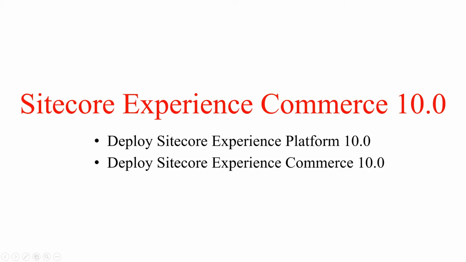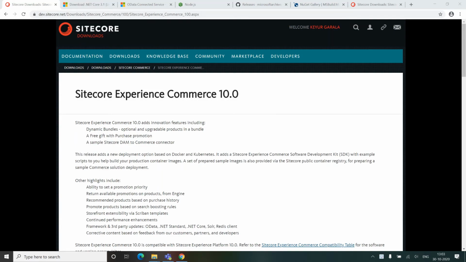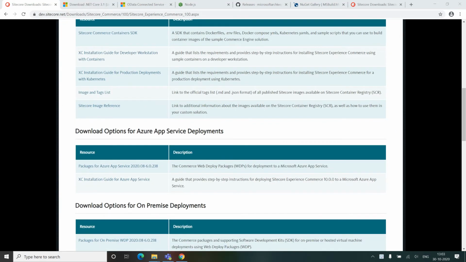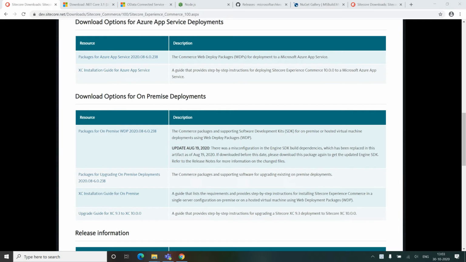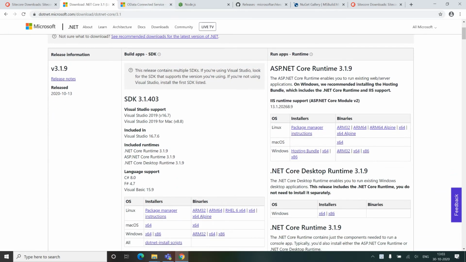In this part we are going to deploy Experience Commerce in the local environment. Before starting the deployment, I need to download and install some setups in my local environment. First, we require the Commerce zip file from dev.sitecore.net, and apart from this we also require .NET Core 3.1. I have already set up .NET Core in my local environment.